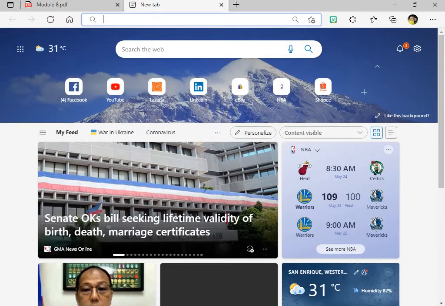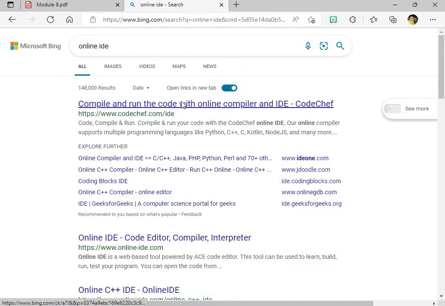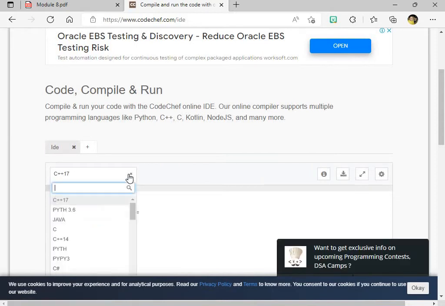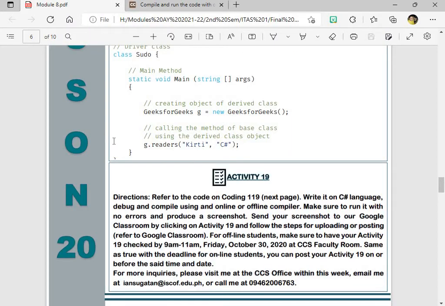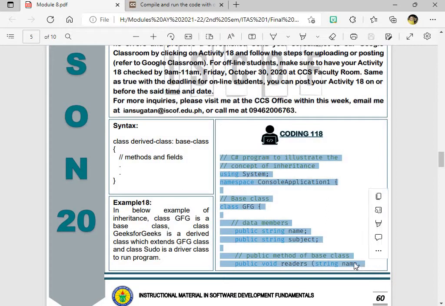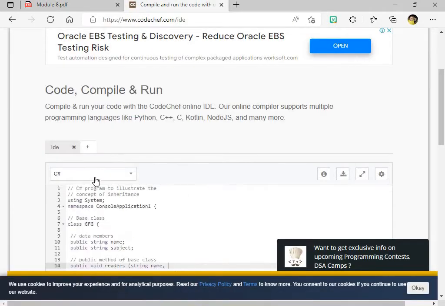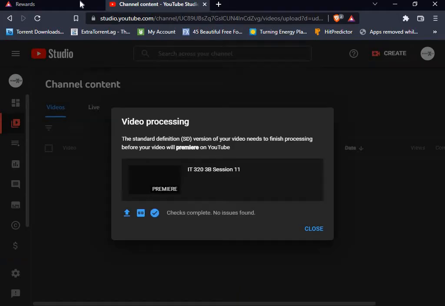So all you have to do is to type online IDE, okay, and CodeChef again. We're going to use CodeChef. Now configure this to C#, and we're going to copy paste the configuration for this one. So let's have this one, then, oh I'm sorry,